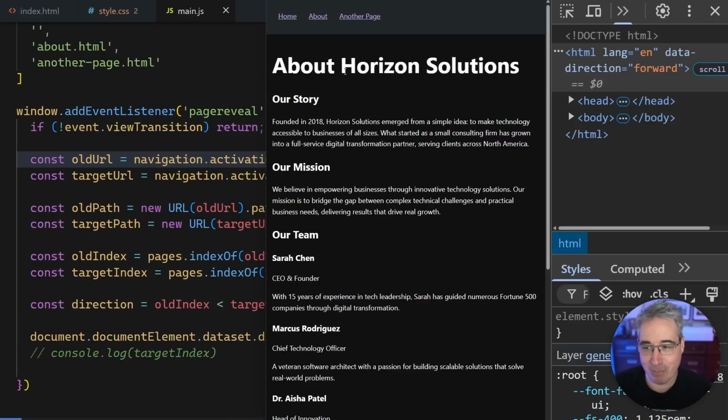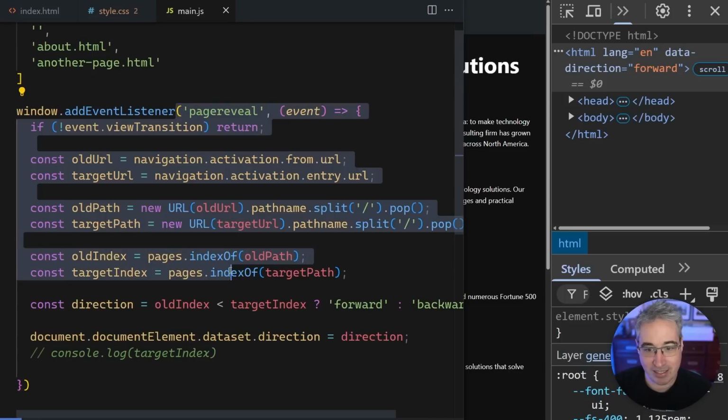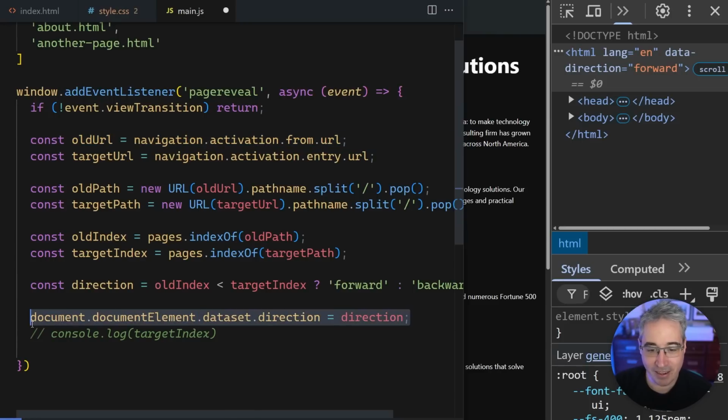So anyway, it's probably better to do some cleanup along the way, and it's very easy to do that. We're just going to take this event and turn it into an async event. Nice and easy. We just put our async right there. So we have an async function now. And then what we can do is we can actually await the end of that. So we can say await